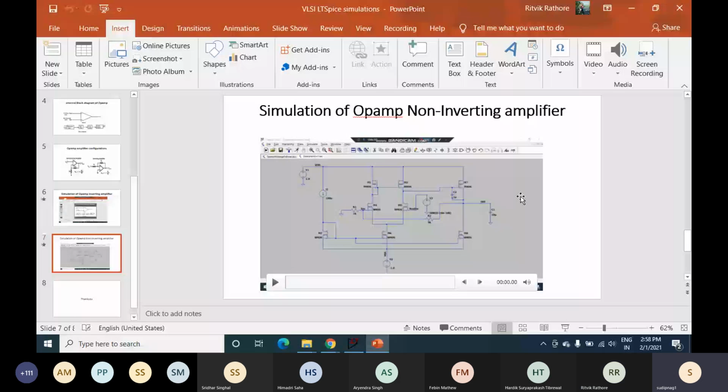Wherever you see ground, you can put VDD by 2, and wherever you see VSS here, you can put ground. The only thing is that VDD by 2 should be through a low impedance source. What do I mean? Your series resistance from the source generating VDD by 2 should be low or 0. Is that clear?